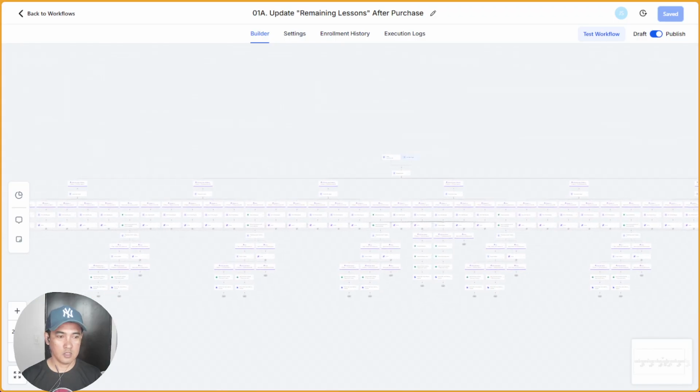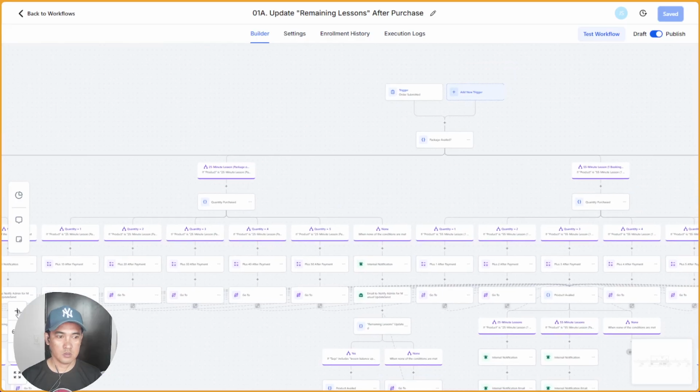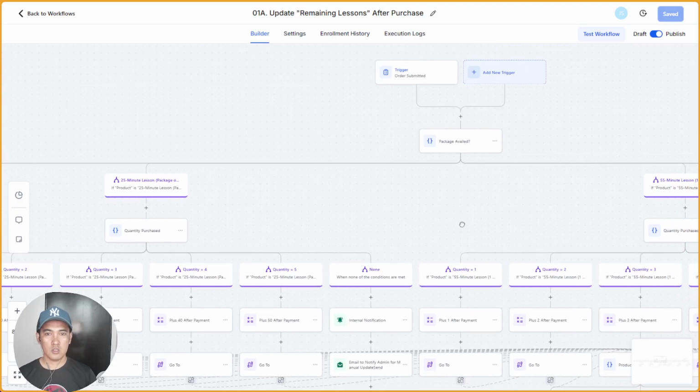Zoom in a bit. This workflow will update the remaining lessons after purchase. Just a little bit of context: remaining lessons is the custom field that I created to monitor. It's like a credit.